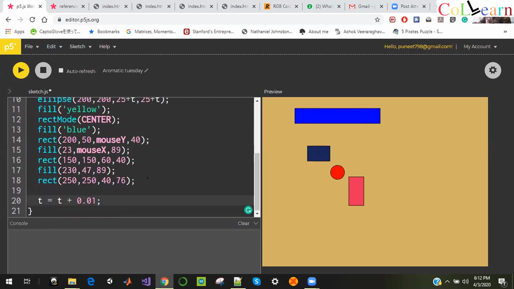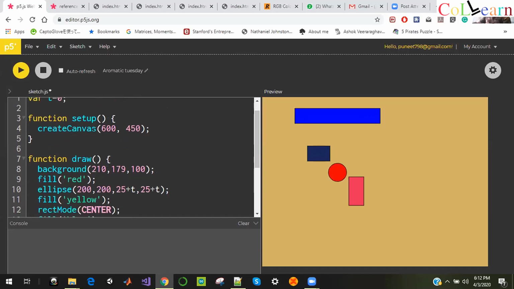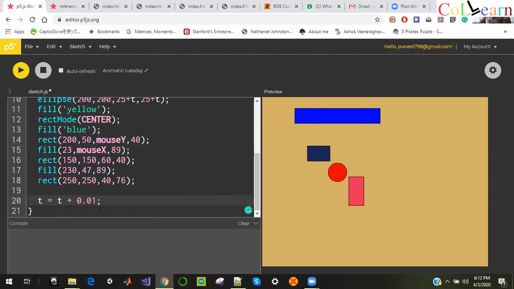I don't think there should be a problem. Okay, on the top of the function setup, have you written var t equal to 0? Because otherwise it will say it is not defined. Okay, write it, and then write t equal to t plus 0.01 in the end.